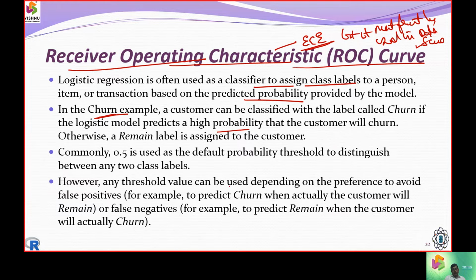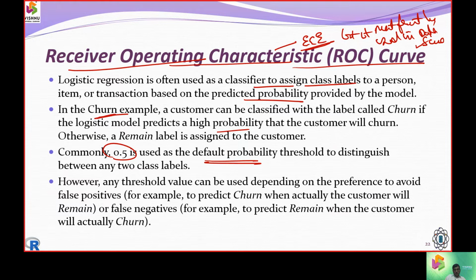So what is the midpoint at which I am going to make a churn? I can make the churn threshold 0.5. That will be the default probability. That is 50% chance. If we toss a coin, the chance of head and the chance of tail are equal. So that is what 50% means in this condition.